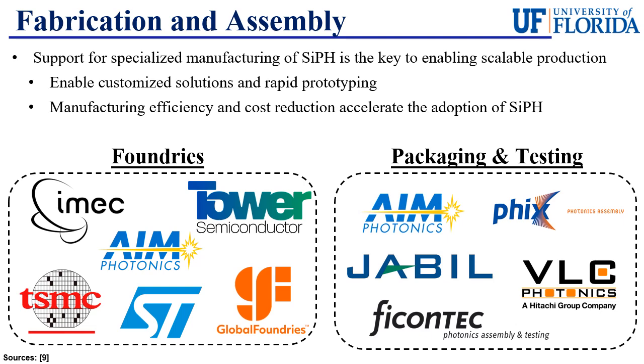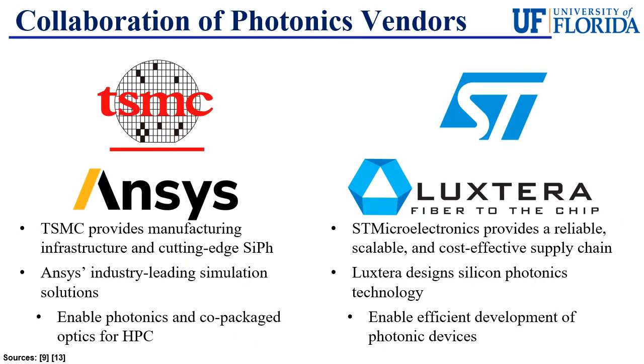These well-established fabs help increase the manufacturing efficiency of existing silicon photonic devices and reduce the cost for rapid prototyping, ultimately accelerating the adoption of silicon photonics. Packaging and testing facilities like Fix, Jabil, VLC, and Ficontech help integrate silicon photonics with existing electronics through advanced packaging methods. They also support the commercial development of the technology by designing devices that combine the principles of electronics and photonics. The collaborative nature of the various players in the silicon photonics ecosystem is extremely important for the development of